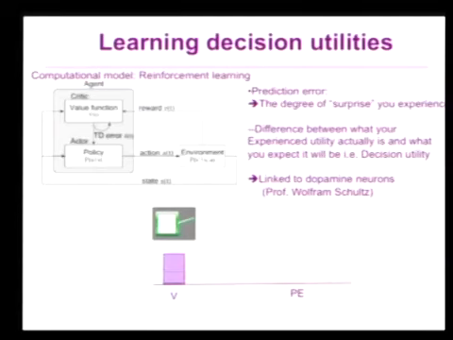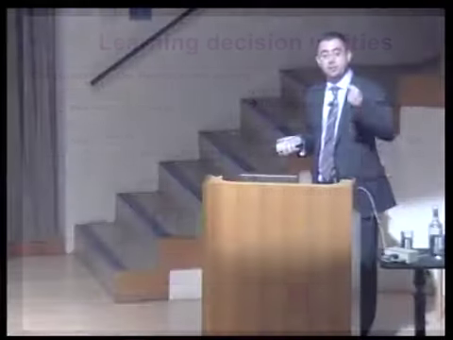So you come along a third time, you make a choice. This time, you actually don't get the dollar. Because remember, this is an uncertain world. You don't win all the time. Sometimes you lose. Now, this time, you're going to have a negative surprise, a negative expectation, so you're going to have a negative prediction error. Okay? So this could be one mechanism, and we think there's a lot of evidence suggesting that that's how the brain learns to make predictions about reward and utility. It does this through the activity of these dopamine neurons.